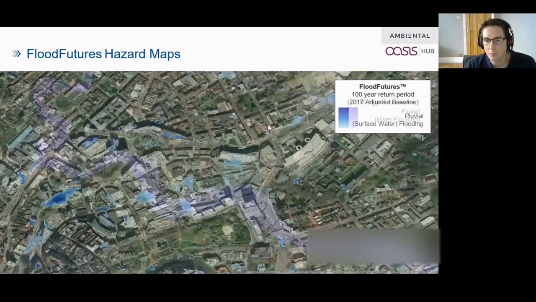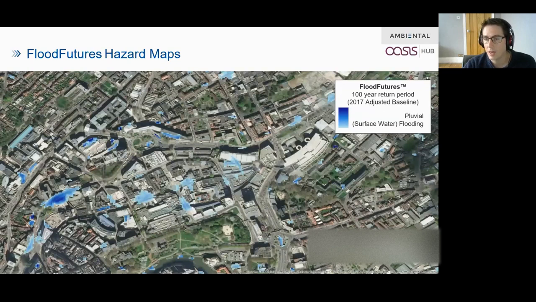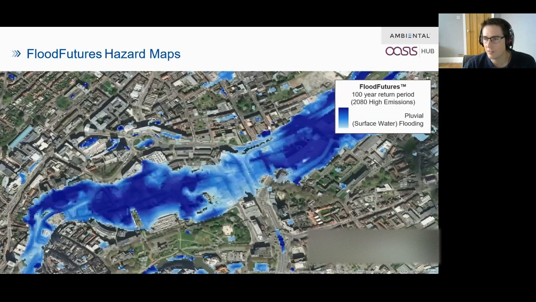If you can keep going, Rob, this is the same for pluvial, a little bit more. So we're jumping into medium emissions, 2050s here, and then we'd make an enormous jump to 2080s, high emissions. This is one of the most extraordinary patches of extreme risk we found. I think it's in Bristol, actually, where the drains were just overwhelmed by that extraordinary event in about 80, 90 years' time.